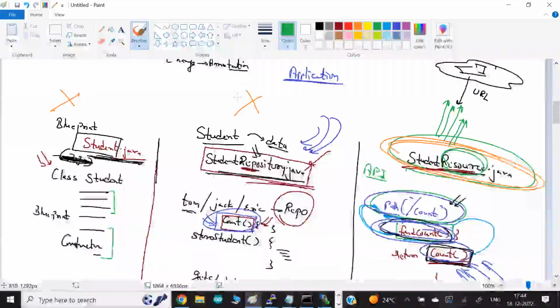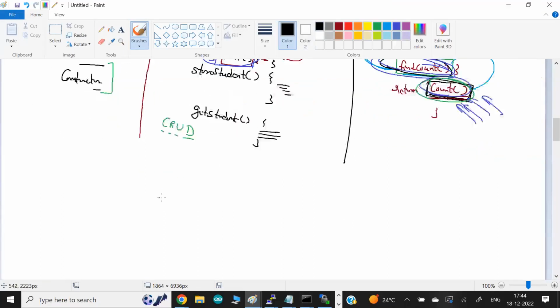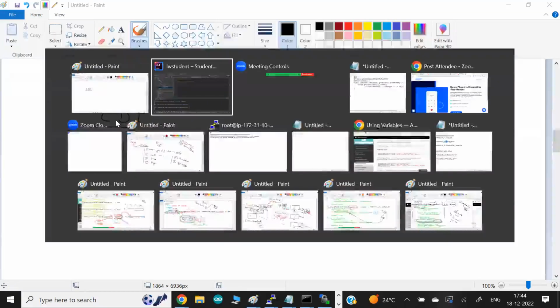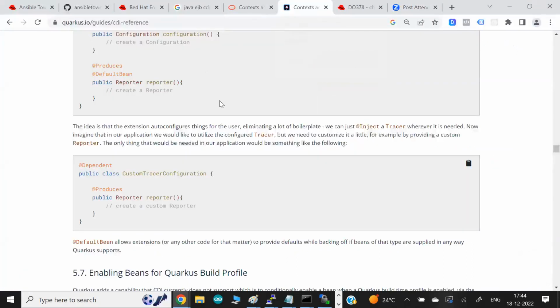Because we are injecting something here from another file. So this concept is a very big concept in Java. It is technically known as CDI, context and dependency injection. And if you see this page, in Quarkus,